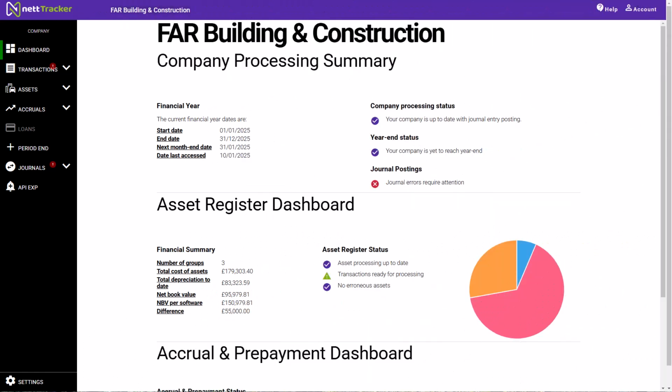In this video, we'll look at the different menus that are accessed from within nettTracker and the information that is available on the dashboard. Each time we open a nettTracker company file, towards the top of the screen we'll see the name of the company that we have accessed. If we move to the menus towards the left, the first place we land is always going to be the